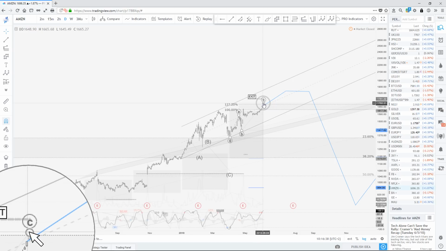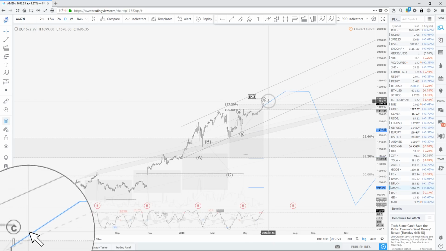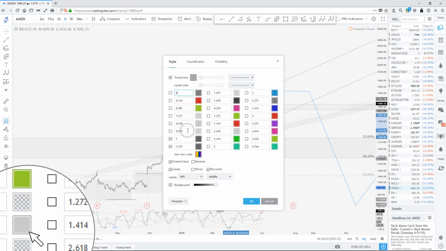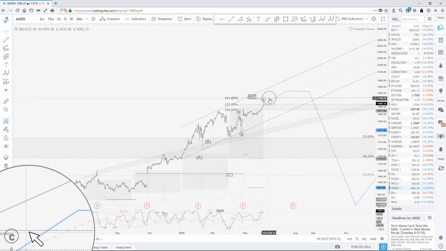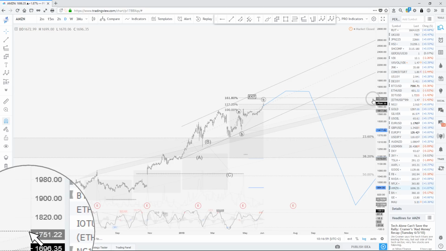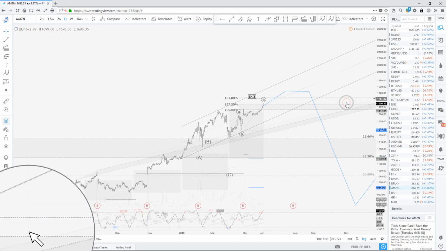So be really cautious if you've thought about buying Amazon. You're really buying very dangerous pricing. For now, the momentum is heavily bullish, which means it's way too dangerous to consider being a seller. So you need to wait for the momentum to trigger another pattern. Okay, we could eventually, on some extended cases, go to 161 extension. So this is where I think we need to have a look at Amazon.